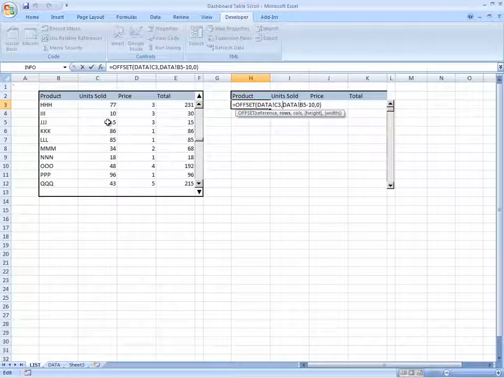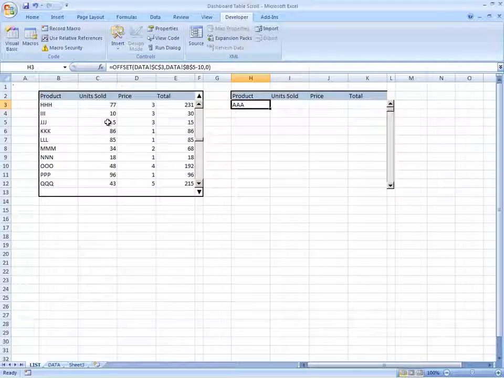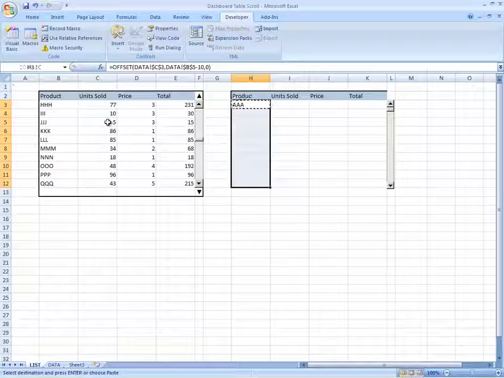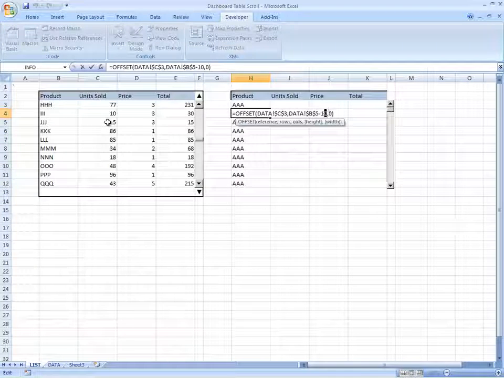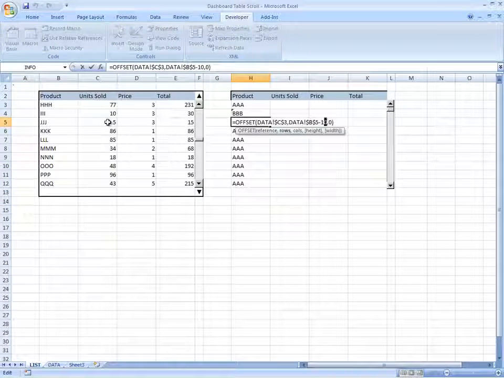So we actually need to lock those. If we say F4, we're going to need to lock those. And if we copy that down, and then we just say that's 9, 8,